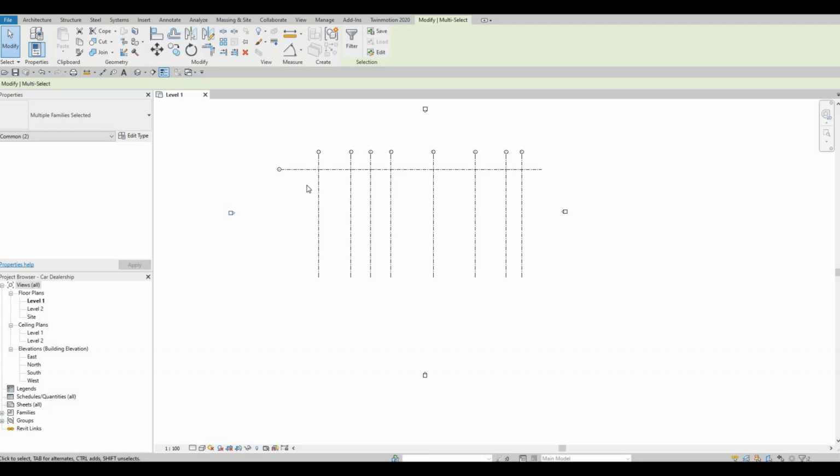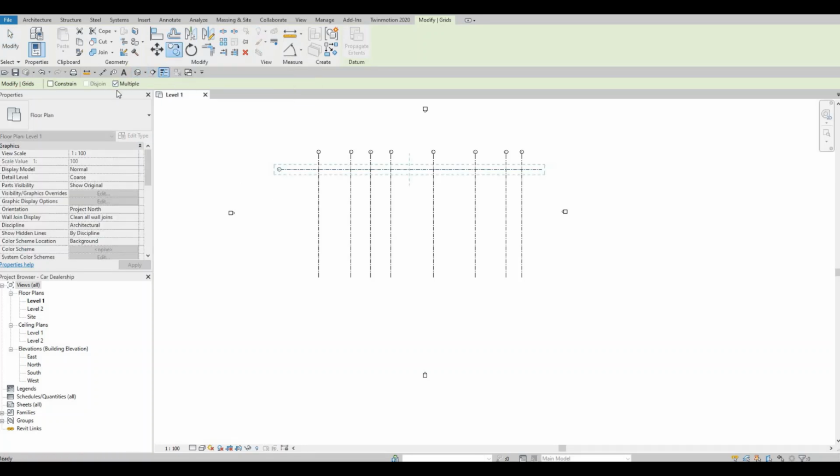So now let's select this A grid line, and then click on copy, and then multiple is checked already because that's the last thing that we did. So it recognized the previous selection that we did, so you don't need to check it again. Grab this one and then pull it below, and then now we start typing in